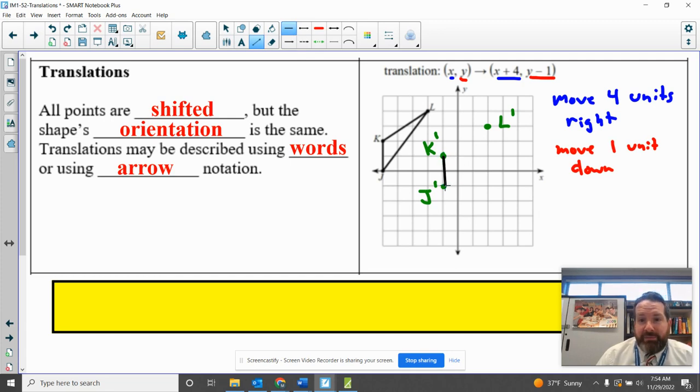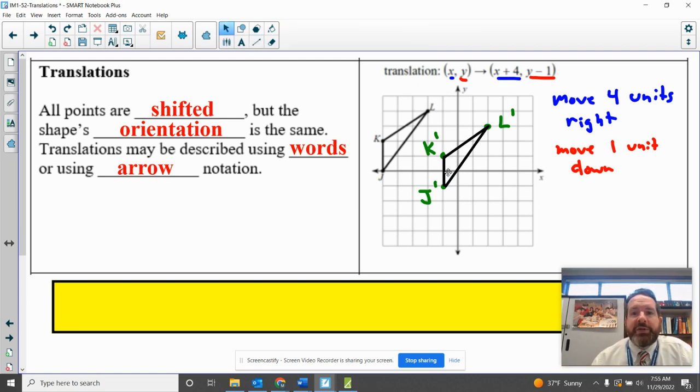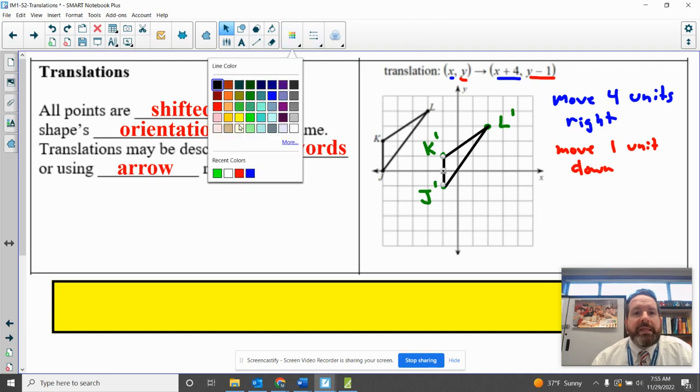So the last thing we should do is connect those sides together. Now, just because I don't have a ruler available to me, I'm going to use my line maker. You should just use the edge of a book or the edge of a pencil, a straight edge, to make sure that your lines are good and straight. I'm going to make the color match